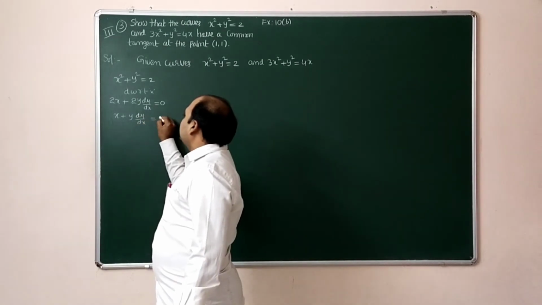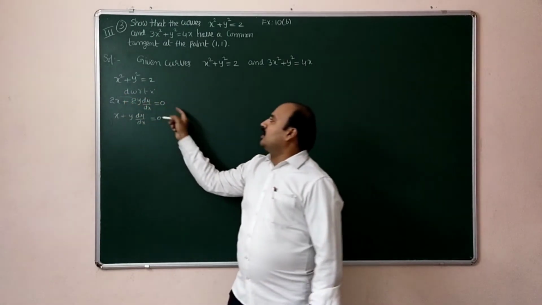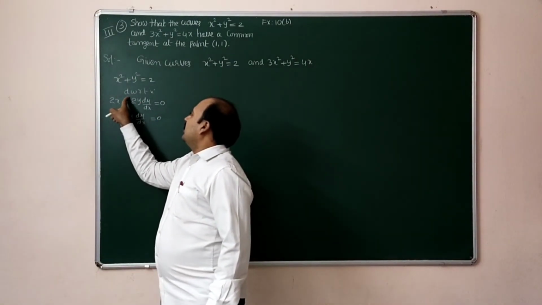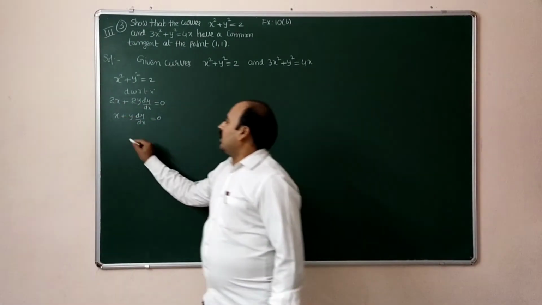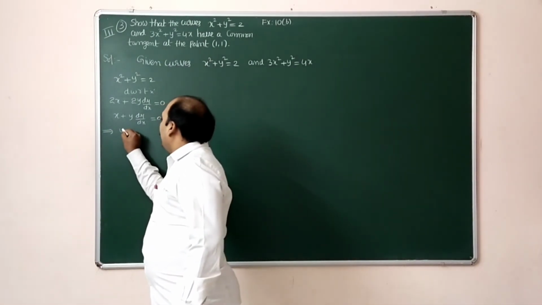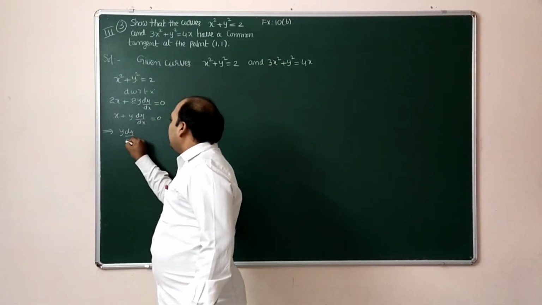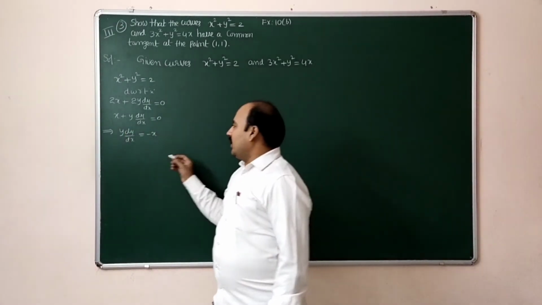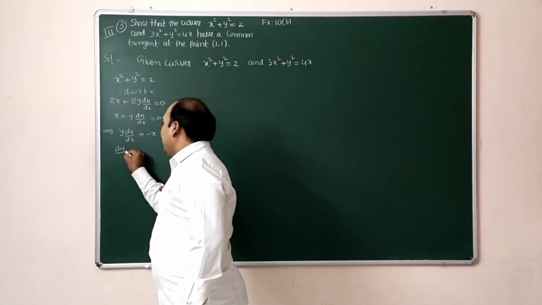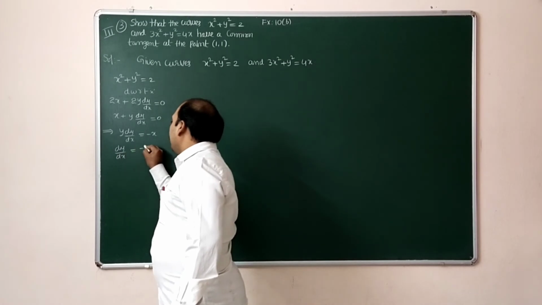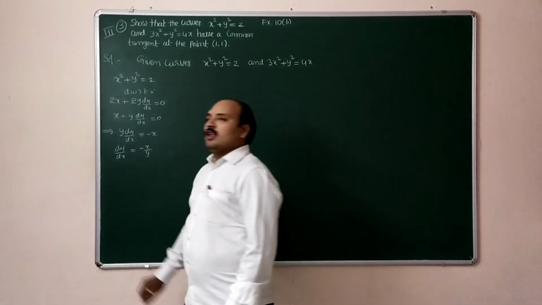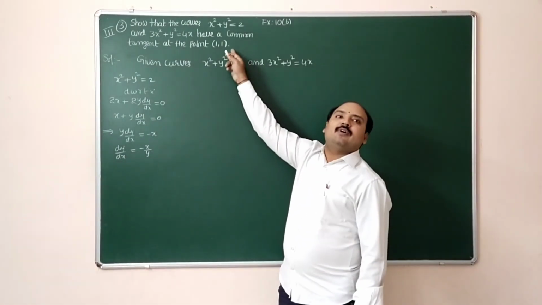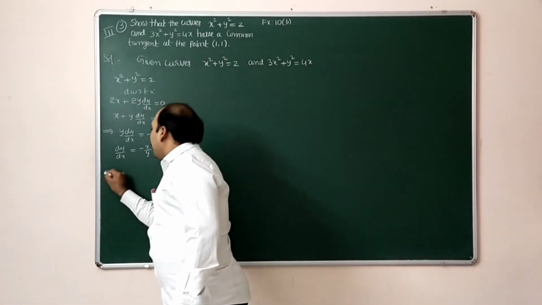Why? Because from these two terms, 2 I am taking common and we can take this side. So now 0 by anything is 0. So that implies that y dy by dx is equal to minus x. Y we can take into the RHS. dy by dx is equal to minus x by y. Slope of the curve we got it. Slope at what point we can calculate? 1 comma 1. Slope of the first curve.